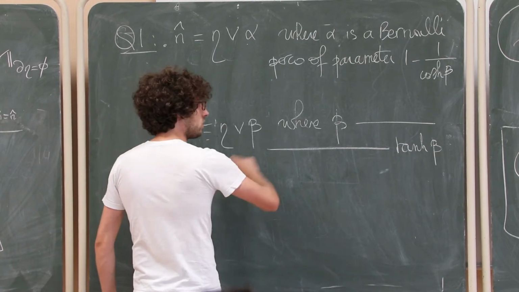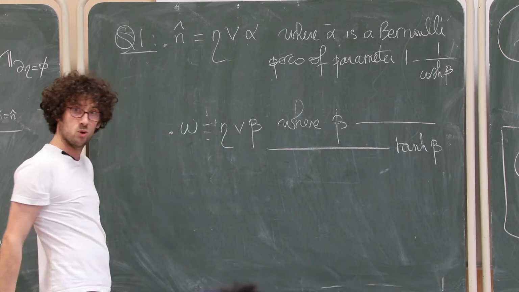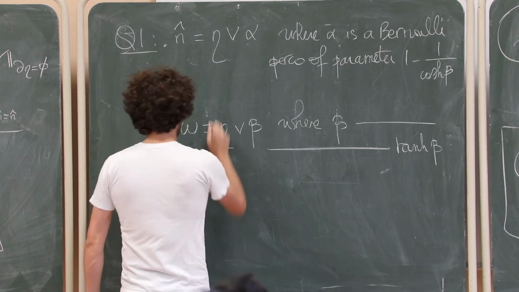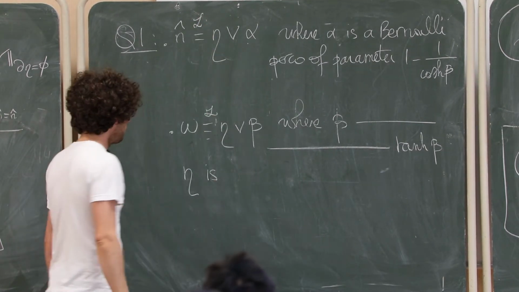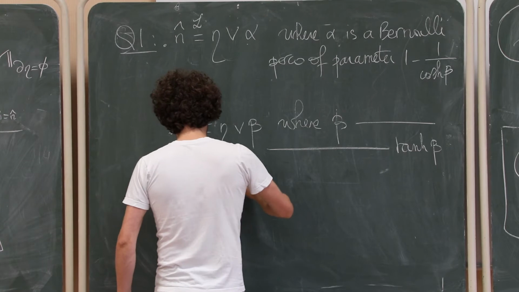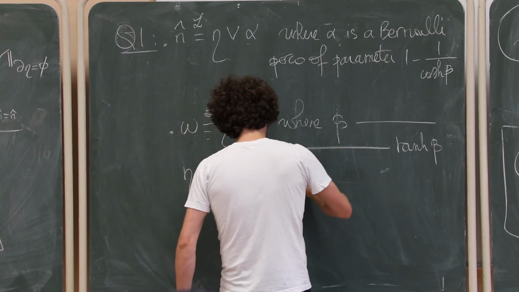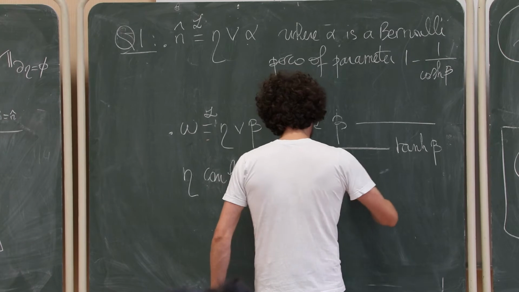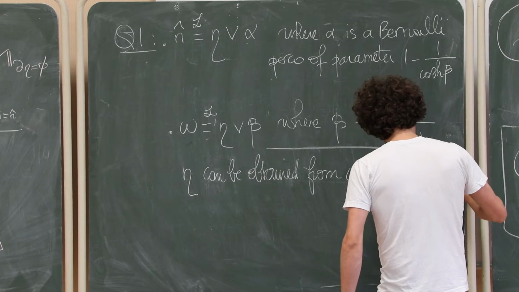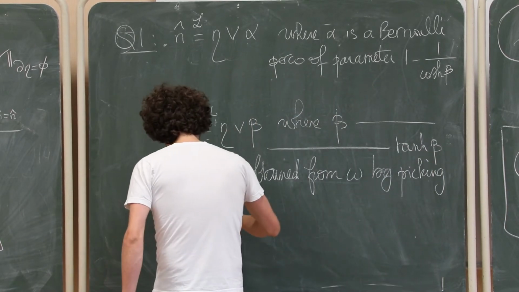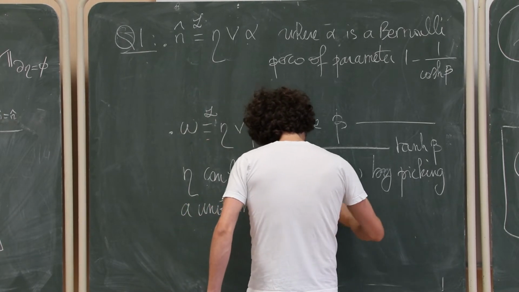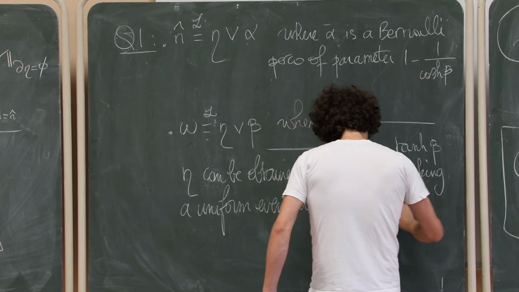And in order to see this thing, well, there is some kind of reverse procedure, which would be how do you go from omega to eta. And let me give it to you, because it's kind of a dual thing, and it's going to help you prove this. Prove that eta, so this is always in law, it's an identity in law, eta can be obtained from omega by picking a uniform even subgraph of omega.